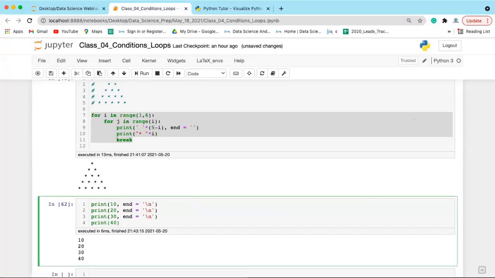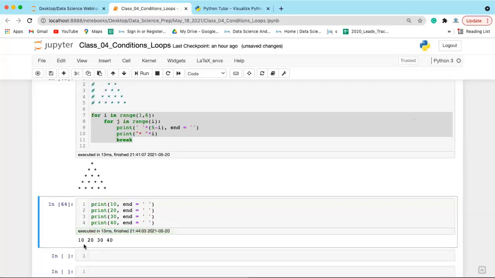So when you execute this, by default you will be getting the output into the new line. So what you can understand is that this end attribute is by default set to \n. That is, output is going to the new line by default. So if you write something else here, let's say if you are writing this space, the output will remain in the same line, separated by a space character. So you can see 10, 20, 30, 40 are getting in the same line.